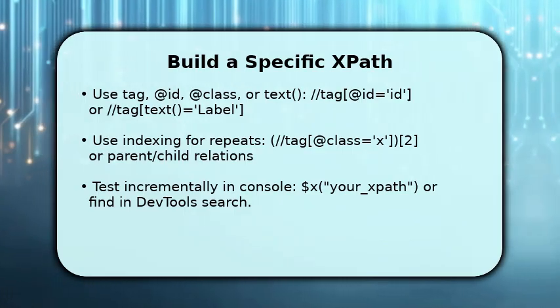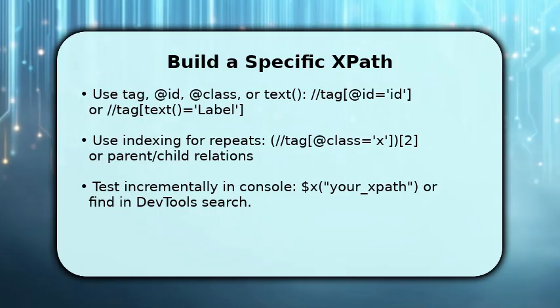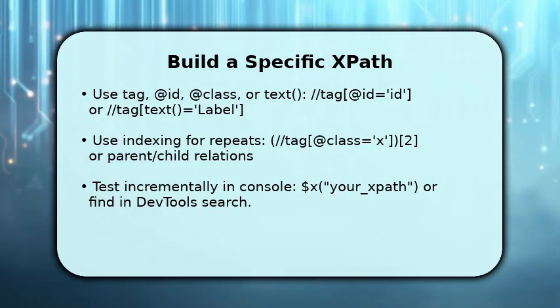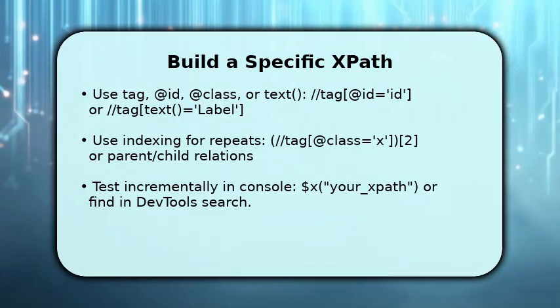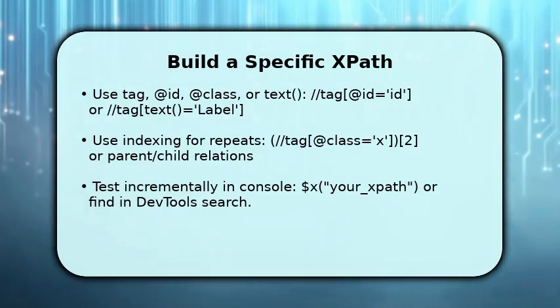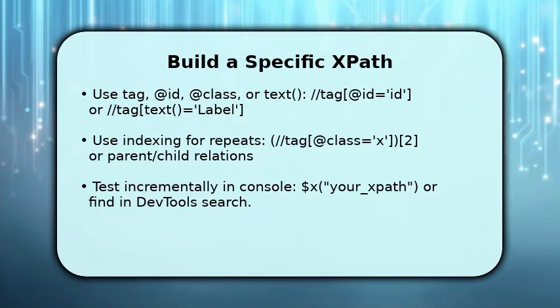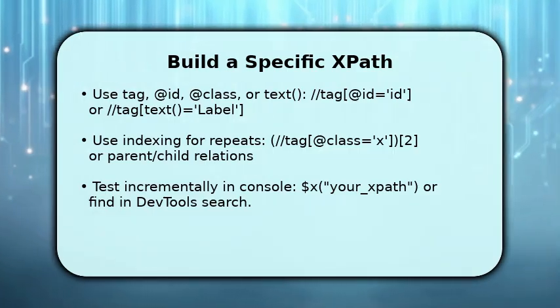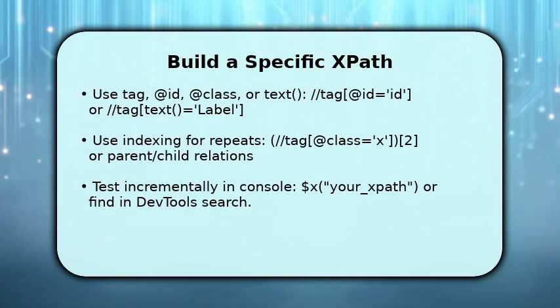For repeated nodes, use indexing such as //div[@class='item'][2] to pick the second one. Make sure to traverse parent/child when context matters, //ul/li/a. Then test frequently with the console using $x("your XPath"). You finish by validating the XPath across page